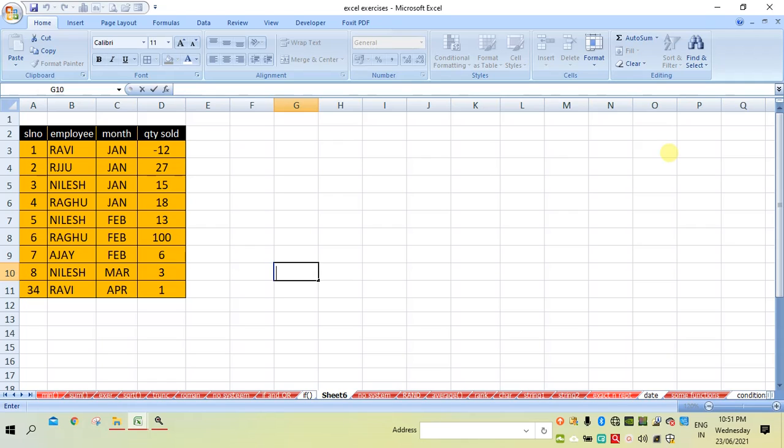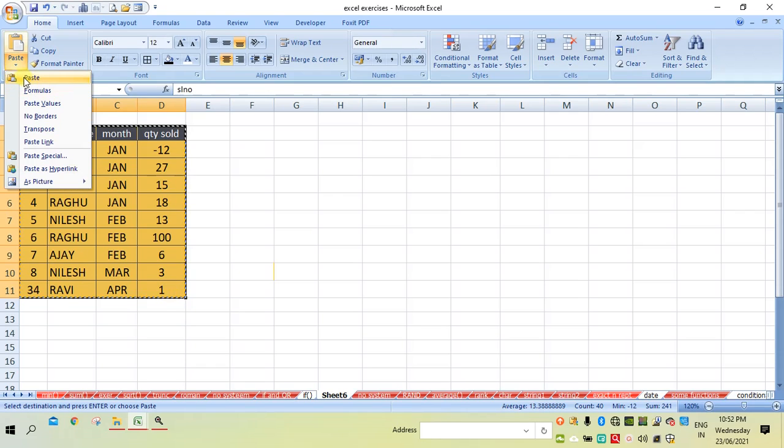In the previous video, you saw how to use the paste option, but paste has different options. Let us see what those are. We have a few paste options. One is a simple paste option that we can do by Control V, as you already used.